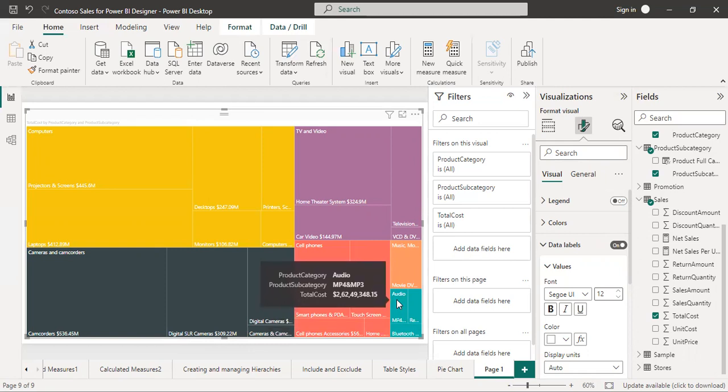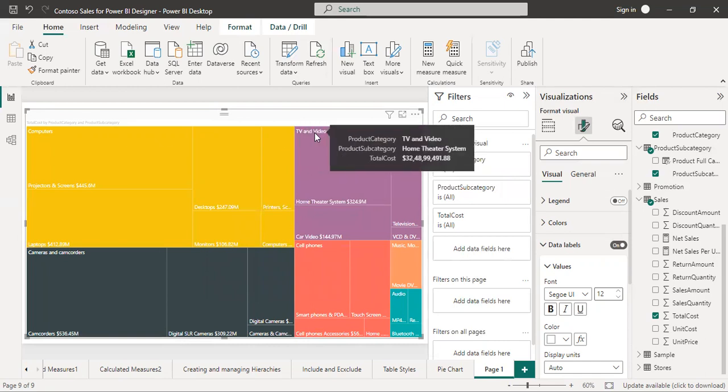Audio is coming last because, as we know, it is dividing the chart into rectangles based on the measure we are using. Here the measure we are using is total cost. Based on the total cost value, it is creating the rectangles for the product category and the subcategory we are choosing,